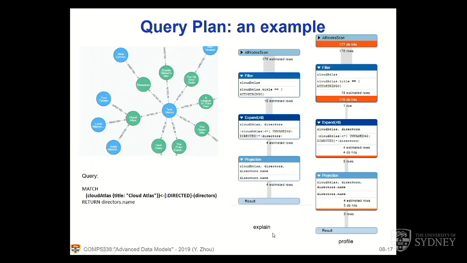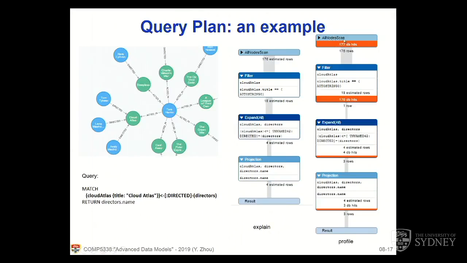Or if you only have one way of writing the query, and you're not trying to estimate, you want to see the real one. You want to run it and get the real statistics, and then you can put PROFILE in front of your query. So this is the estimated plan, and this is the actual one. You run the query and collect all the statistics, and then it tells you,